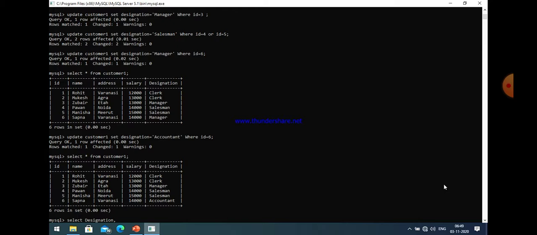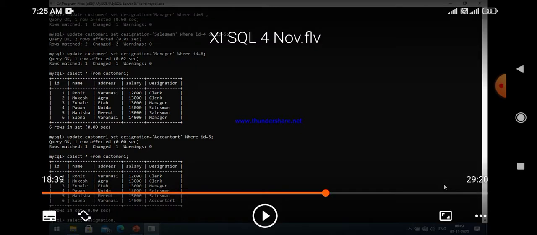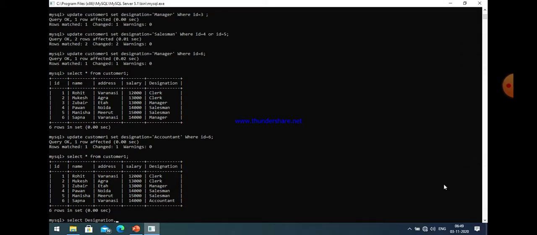So I just use select designation. Then the function name is AVG. AVG is the name of the function, and because I want to know the average salary, I pass the salary column as a parameter value.